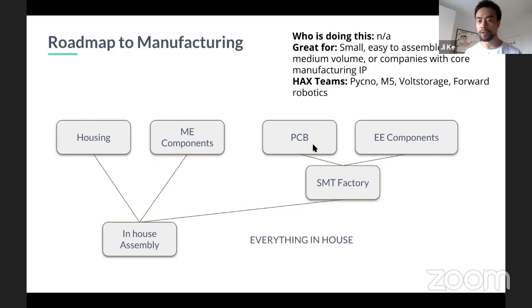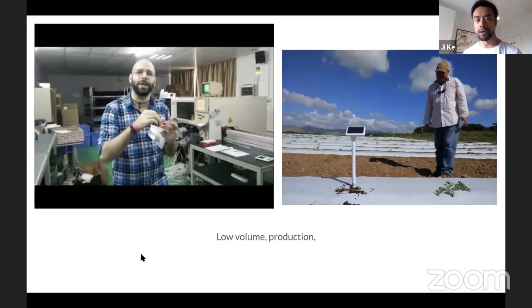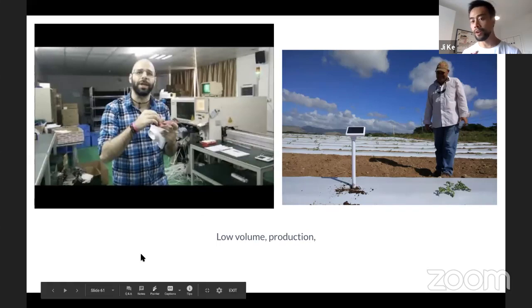So for PCBs, for example, purchasing the components, it might go to an SMT factory, then goes to your house for in-house assembly, or you can even have a pick and place. Pick and place machines are quite cheap right now. We do have M5Stack, for example. They have their own pick and place, they do PCBA in-house, and then they do the whole component in-house as well. So it's possible, but be aware that this might in fact cost more than